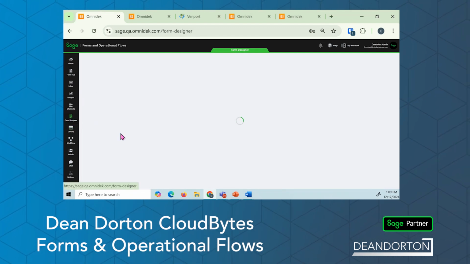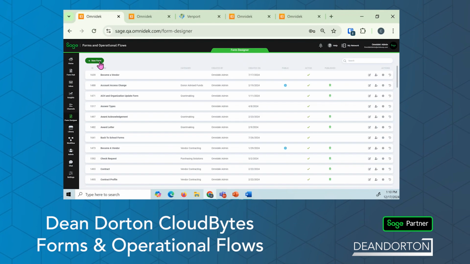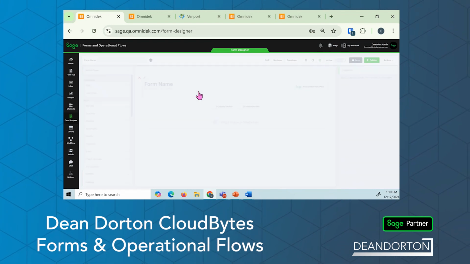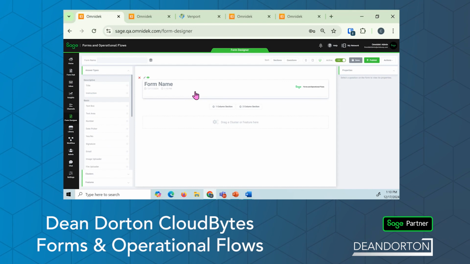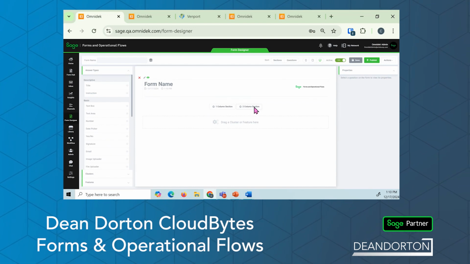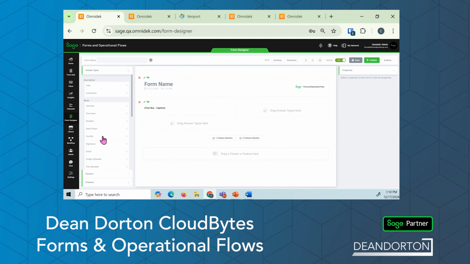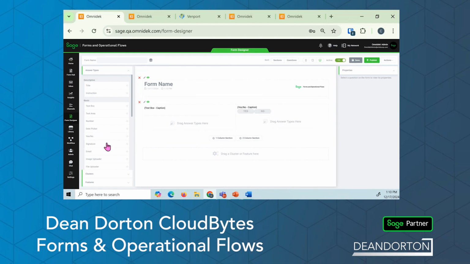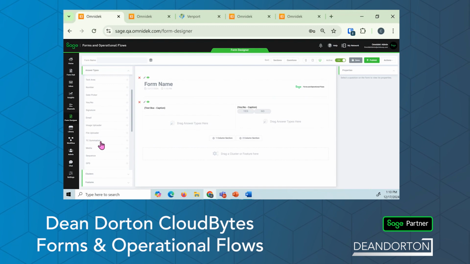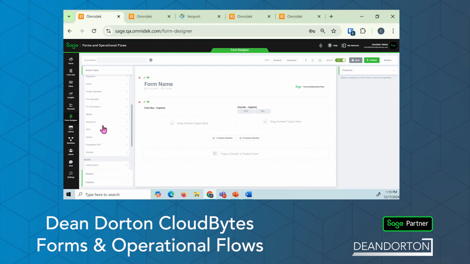Now, the form designer, this is what we mean by a part-time admin can learn how to use our software. It's really no different when we start talking about FormStack or Microsoft Forms or Google Forms. It's really just a blank canvas of dragging and dropping over the different answer types for any purpose of the form. We came out of construction and field services, so we've got numerous different types of forms, even GPS stamps and media uploads where you can upload a video into a form or a Calendly, a menu item inside of it. So it's got a lot of horsepower in regards to the questions and answers that you can